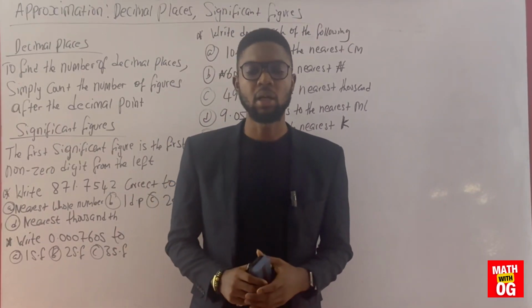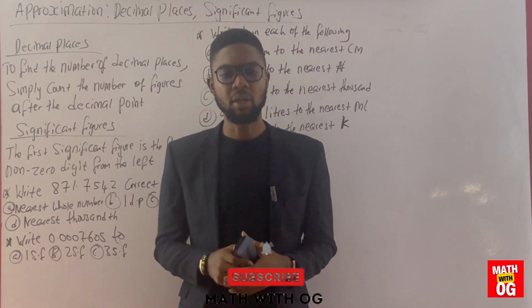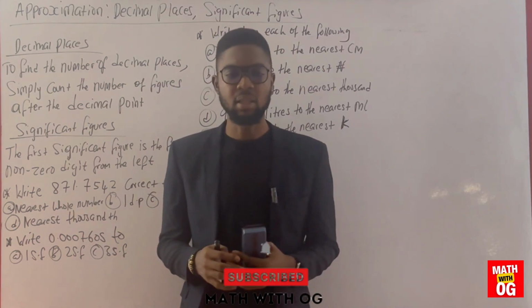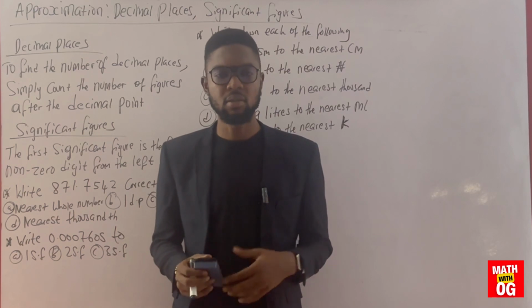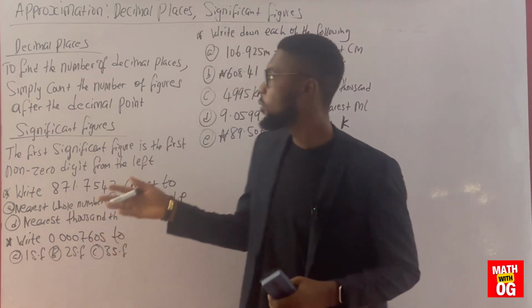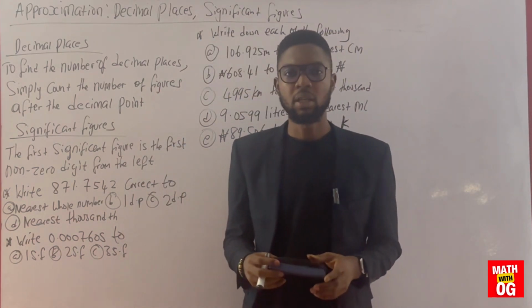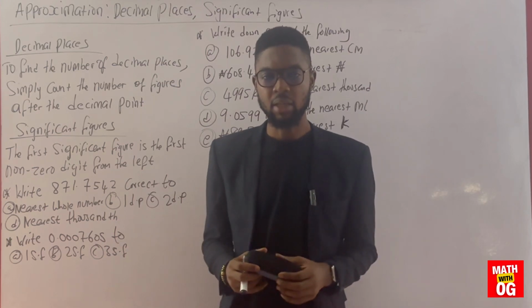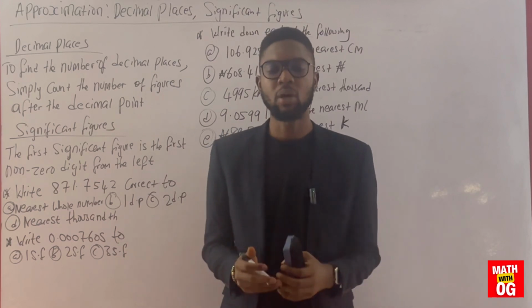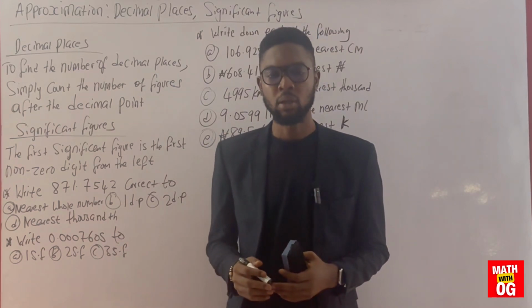In this section, we'll be looking at approximations. Approximations involving significant figures, number of decimal places, and other things like approximate to the nearest tens, approximate to the nearest hundred, as the case may be. Now, before we define what decimal places and significant figures mean, let's just throw a little light on what approximation entails. Whenever you are asked to approximate, you are asked to round off to a value that is very close